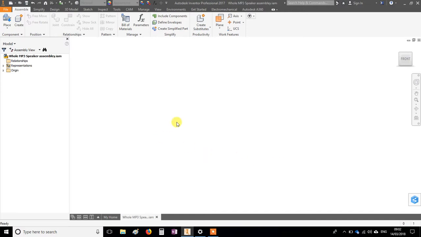Now the first thing we're going to do is we're going to copy all of the components that I've already made for you. So I've already made the battery, the circuit board, the speaker, the switch, the stereo jack, all the common bits that you'll use in your project I've made, and I want you to import them into here. The way you're going to do that is you're going to go to place,